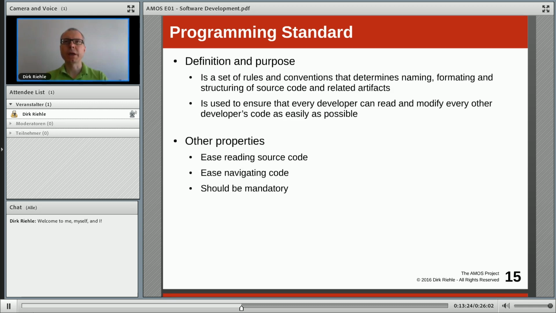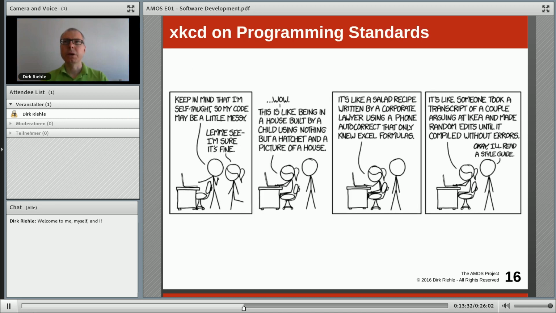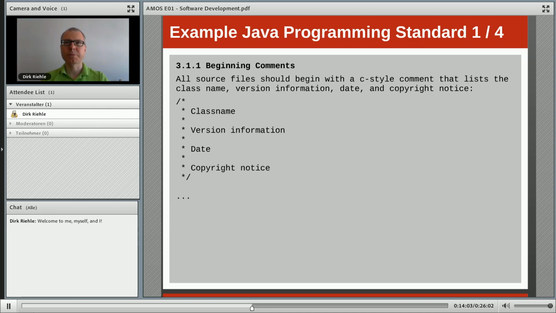So it serves to make things easier, it serves to make bugs more easily recognizable, aids navigation, etc. XKCD, comments on that? You can hold the video if you like and read it, but the story here is that she looks at some self-taught programmer's work, and her verbiage gets ever more excited as to how bad his code is, until he finally gives in and says, okay, I'm going to look at some reasonable coding style and apply it to my work.